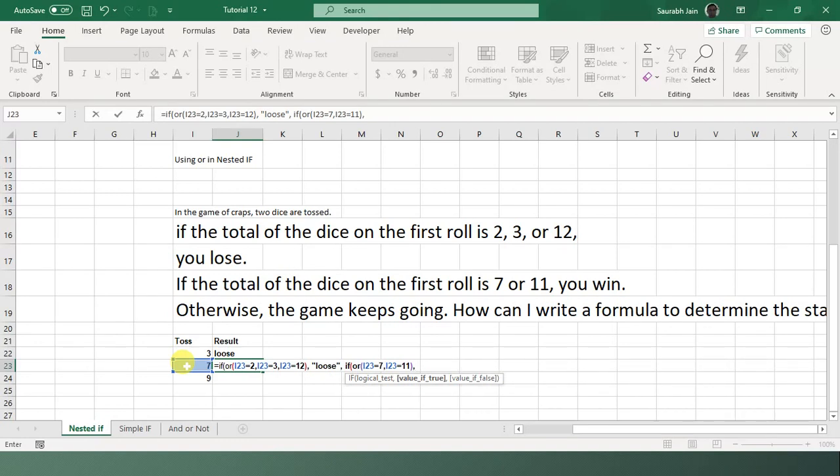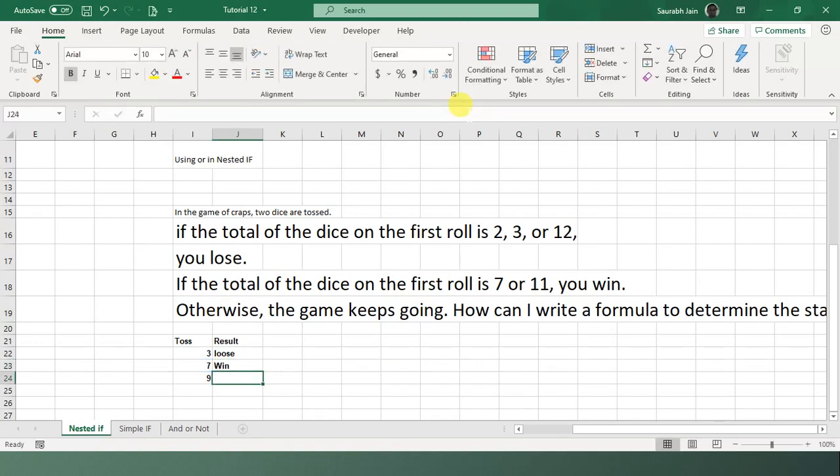So if this is true, I say win. Or in the else part, I say keep playing. Now bracket close, and again close. So that's fine.